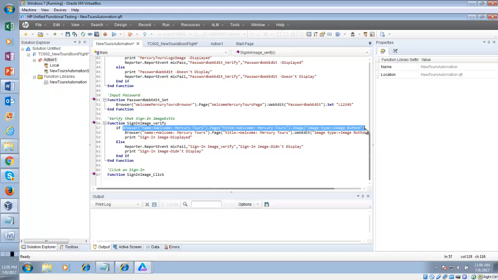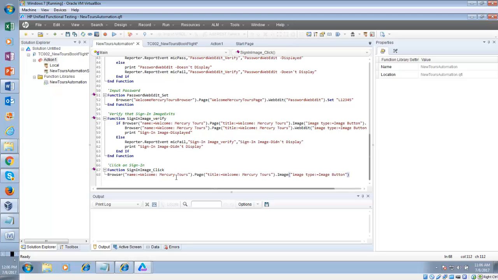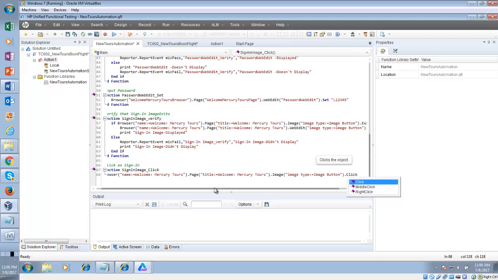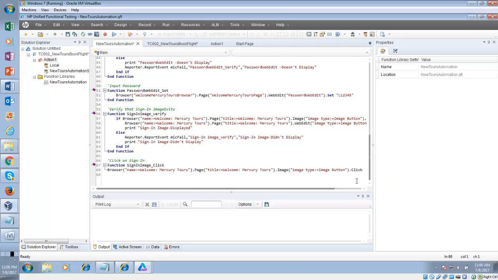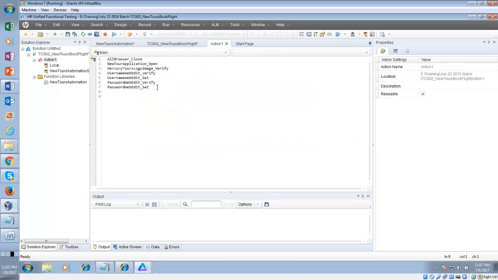So I already did verify, and then I'm going to click here, dot click, and then we are going to say end function, and then I'm going to call that function. So this is the sign in click, this is the sign in verify. Now if you execute it,